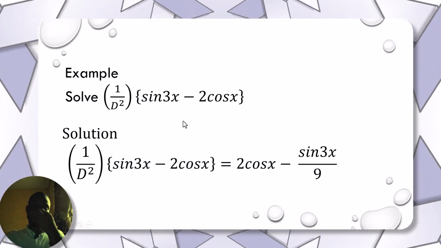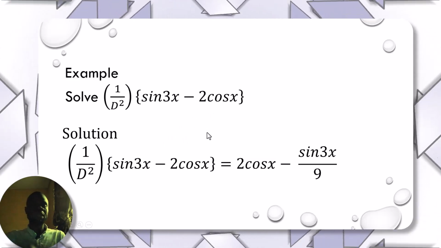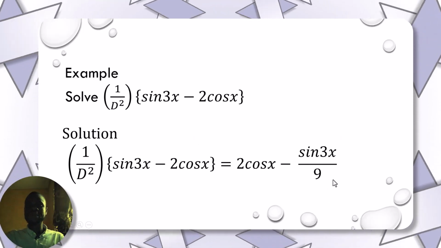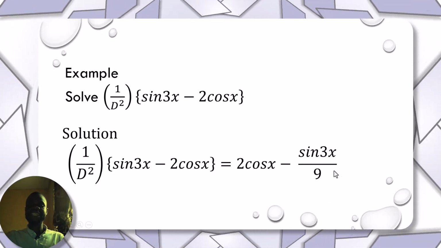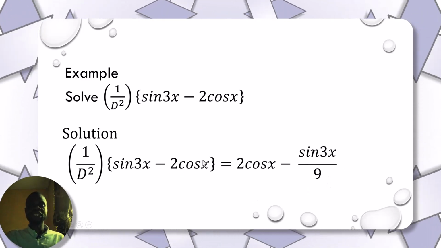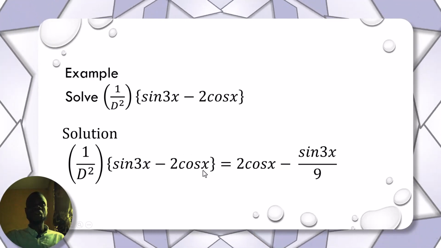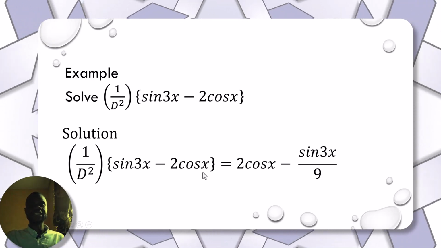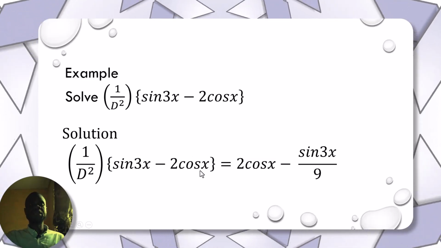So I already have all over 3, then 3 multiplied by that 3 will give me what? 9. So it means I should have this term here, sine 3x all over 9. And then for this, I have minus 2 cos x. I will integrate cos x, 2 cos x. So if I integrate this, it will give me